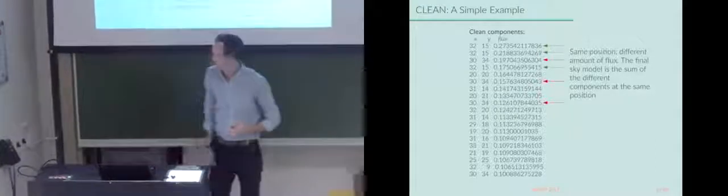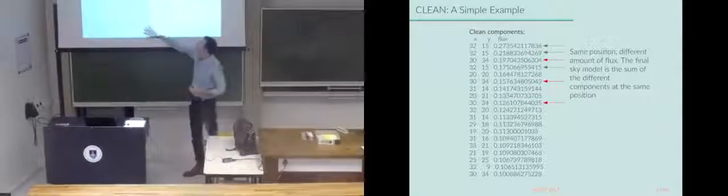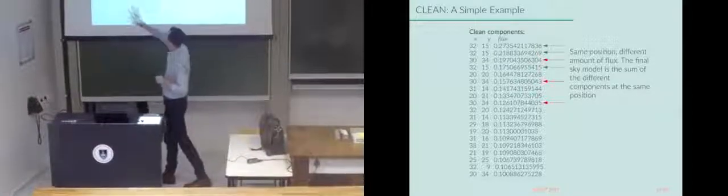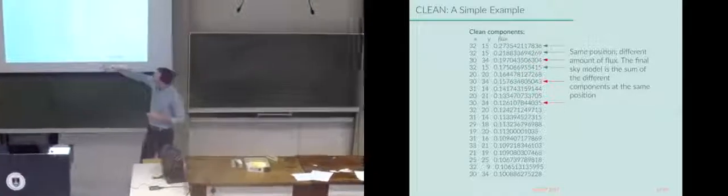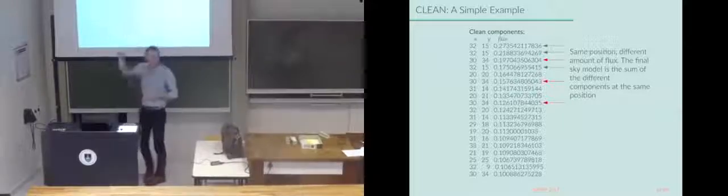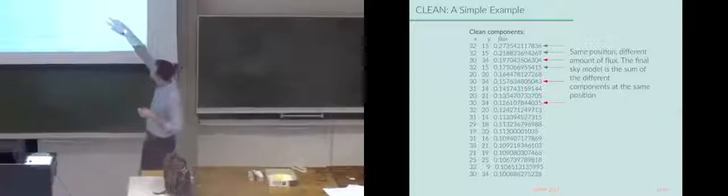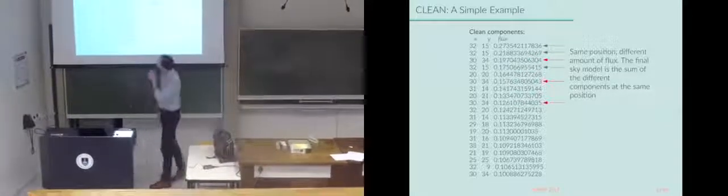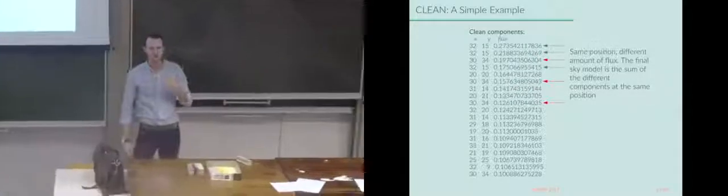And so if you go through that, for that example, this would be our sky model. For each pixel, for a bunch of pixel positions, you have a bit of flux. The sky model is built up of many components, even though there's only 3 sources in our sky. And what's going on here is you can see, based on the pixel positions, that a lot of times the deconvolution happens at the same pixel, but only a little bit of flux is removed each time.